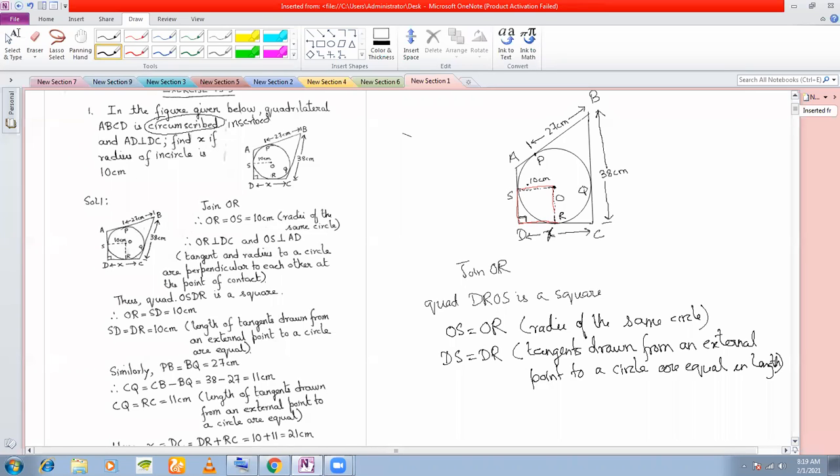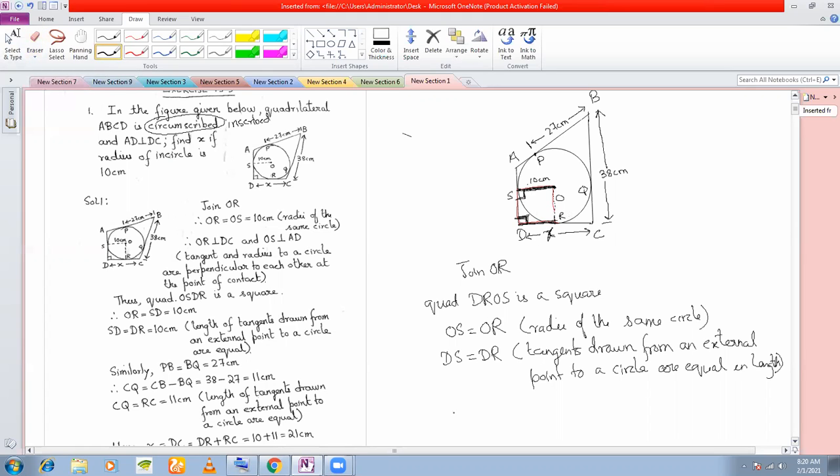See, OS, this line here, this is 90 degree, right? And this is 90 degree already given to you. That means these two lines must be parallel to each other, right? Because these two angles are co-interior angles, and therefore these two lines must be parallel to each other. Therefore, these two lengths, that is SD and OR, what are they? They are the distance between two parallel lines. Therefore, they must be equal. That's it. So the opposite sides are also equal.